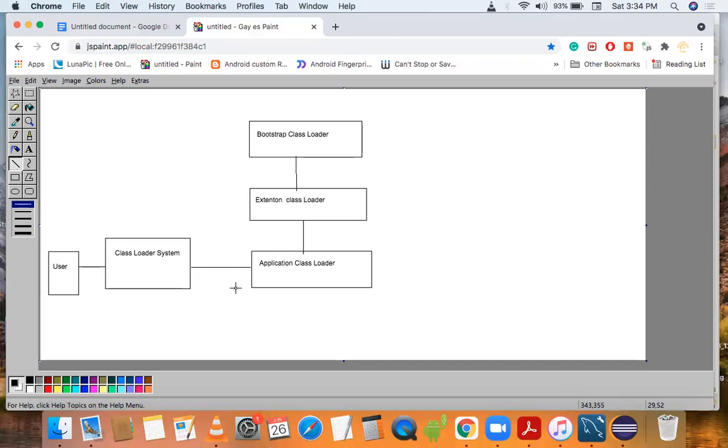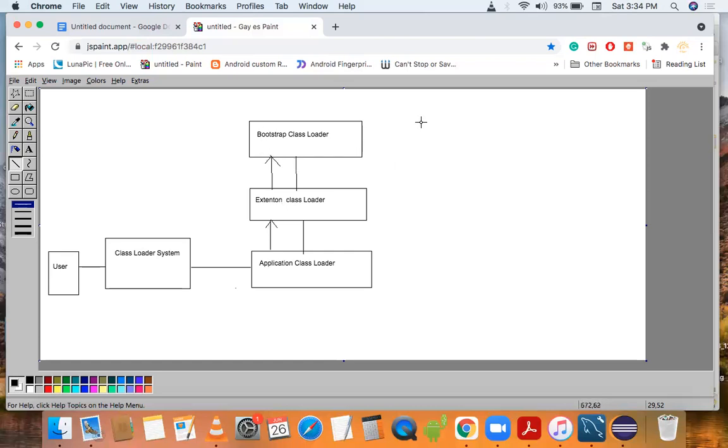Then the application class loader will delegate the process to the extension class loader. Then the extension class loader will delegate the process to the bootstrap class loader.